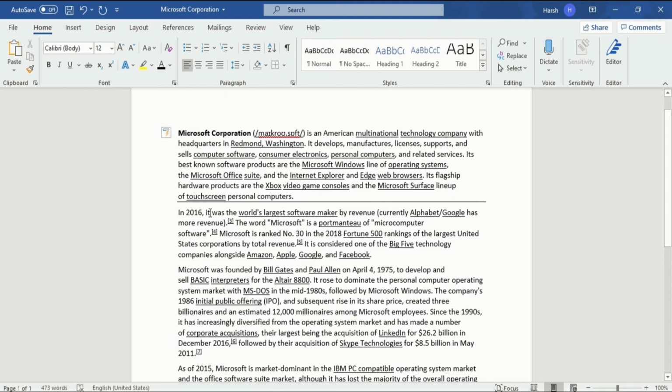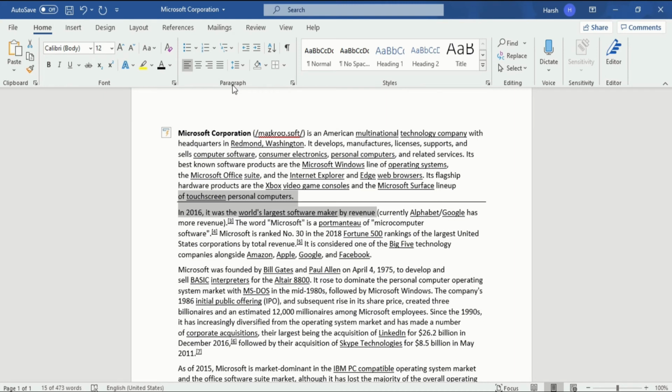If you do not want to use the backspace option, there is another option available to you. In that case, you have to select these two paragraphs, the first line of the below paragraph and the end line of the above paragraph. So I have selected these two lines. After that, I will go into the Home tab. In the Home tab, you will see the paragraph options.